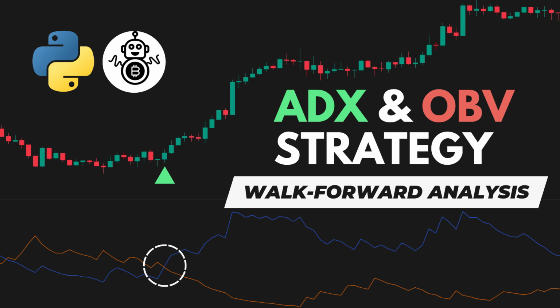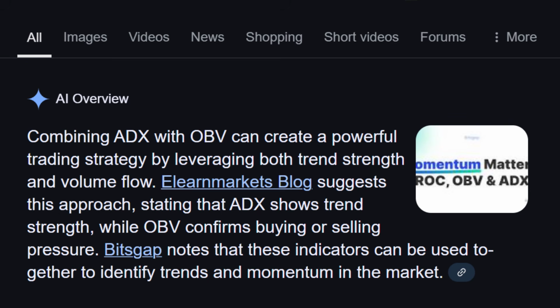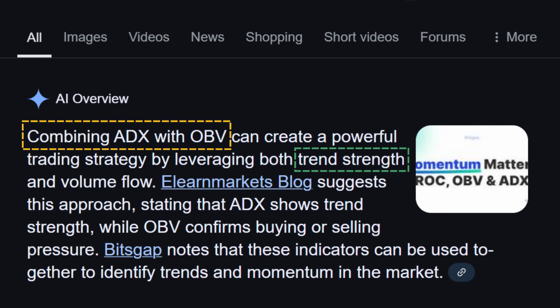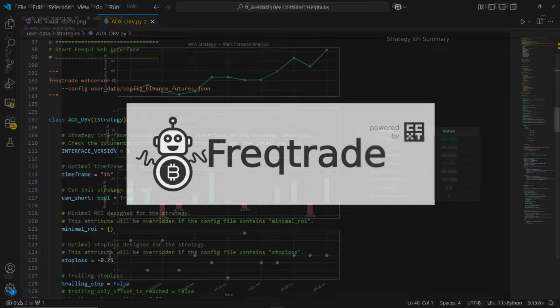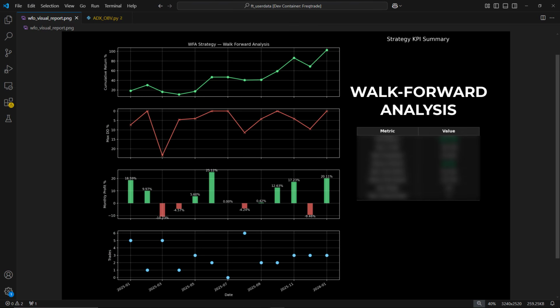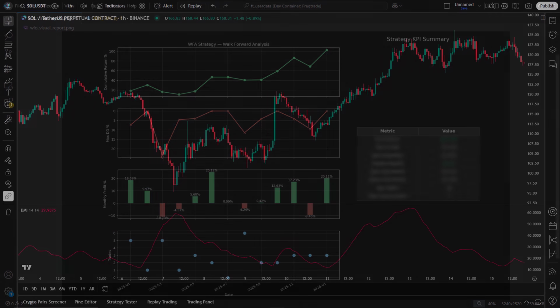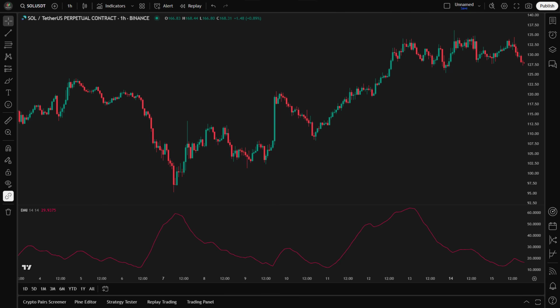Hey everyone. In today's video, we're testing a powerful trading strategy that combines the ADX and OBV indicators, leveraging both trend strength and volume flow. We'll code the strategy in Python, optimize it with Freqtrade, and run backtests to see how it performs. Let's dive in. Before we dive into the strategy, let's break down the key indicators we'll be using in this